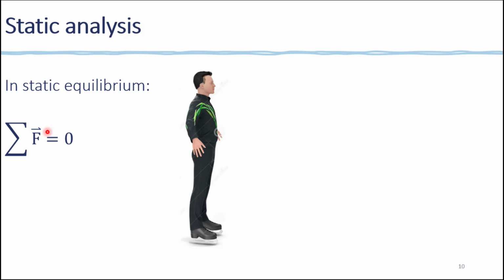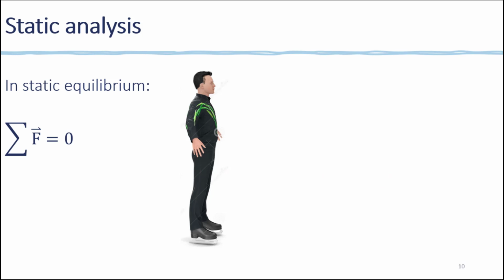The sum, this is the symbol here for the sum of the forces, is equal to 0. And this is the equation for static equilibrium. As simple as that. The term on the left represents the net external force, or the vector sum of all external forces. So if we get back to the analysis about the figure skater,